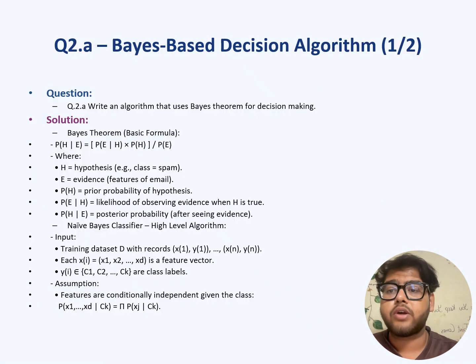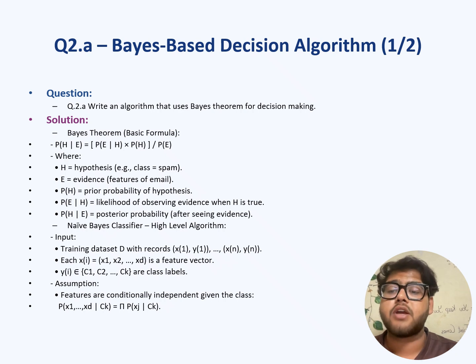Question number 2, the first part is Bayes based decision algorithm. So the first part is: write an algorithm that uses Bayes theorem for decision making. Bayes theorem: P(H|E) is equal to P(E|H) into P(H) upon P(E), where H is hypothesis, E is evidence, P(H) is prior